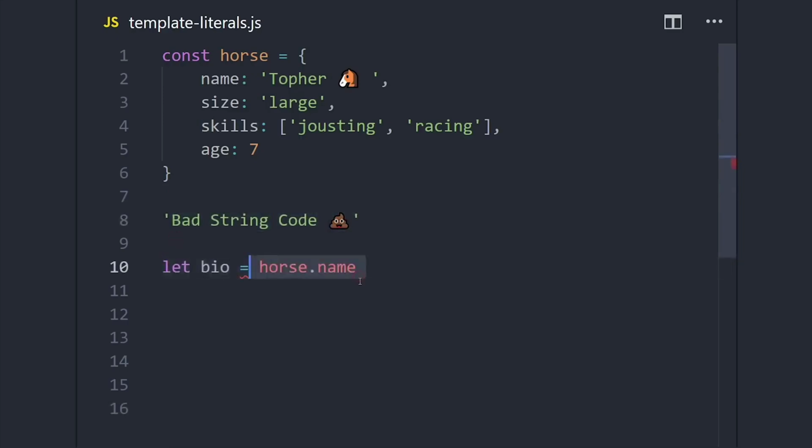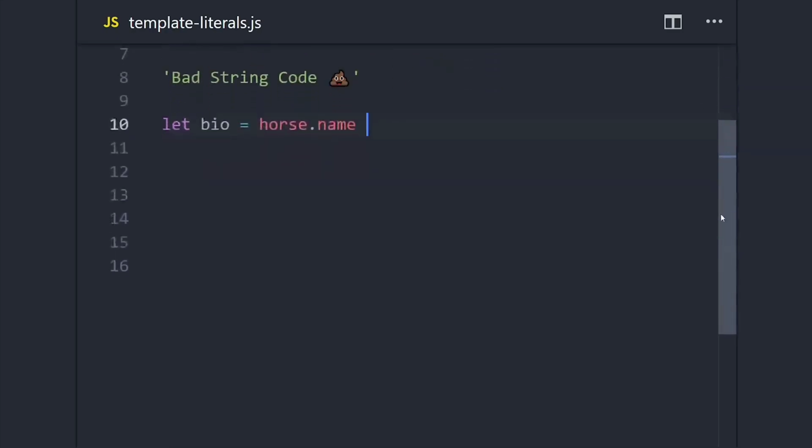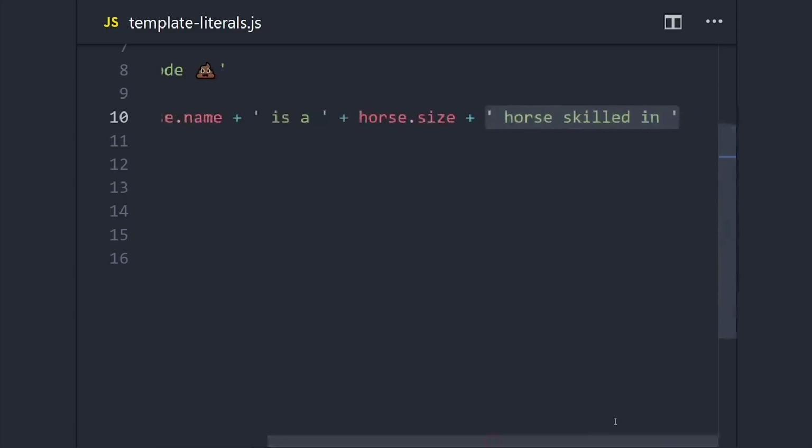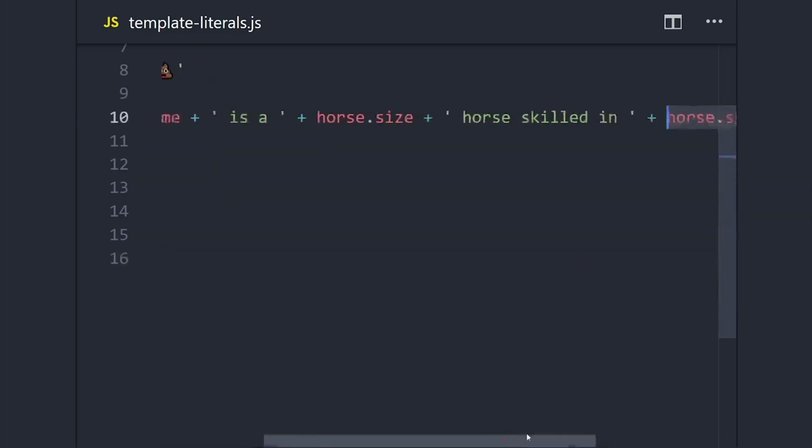But unfortunately, it didn't have all of the awesome things that we have in JavaScript now. For example, you would see a lot of string concatenation that looks like this, where you have a variable plus a string, and you have to manage the spaces in between, plus an expression, plus a whole bunch of other stuff. This type of code is incredibly annoying to deal with, but template literals in modern JavaScript solve this problem